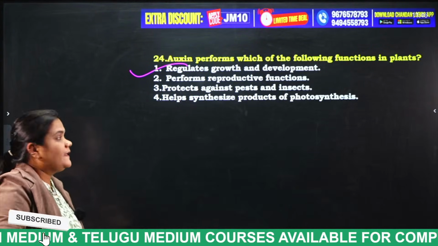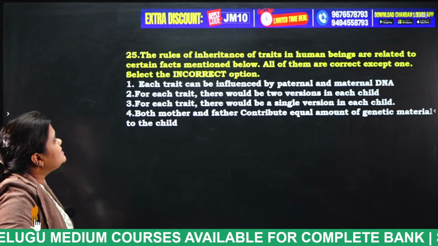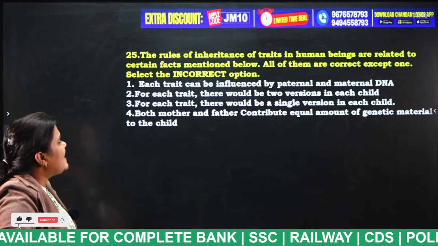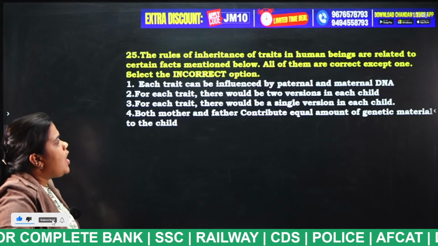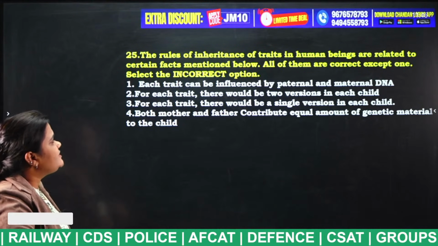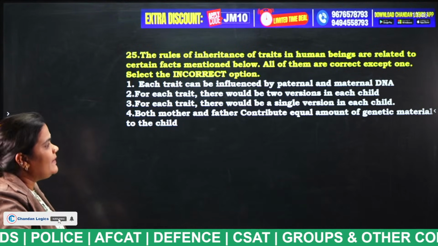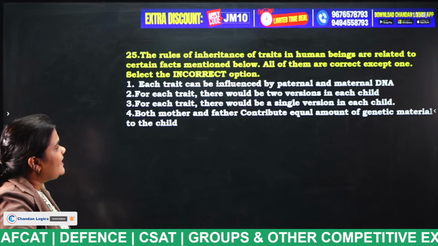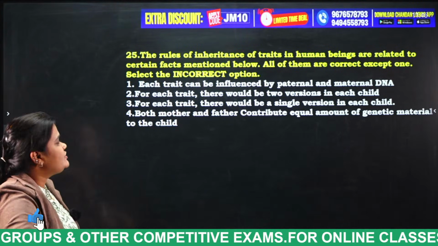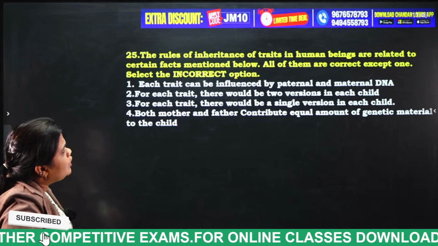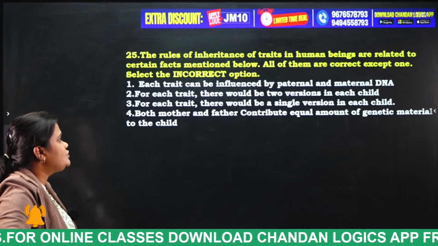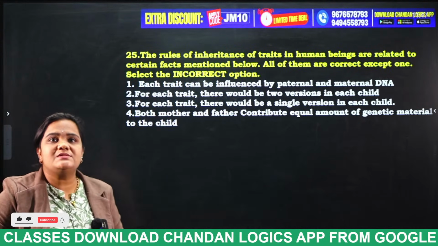Okay, next. The rules of inheritance of traits in human beings are related to certain facts mentioned below. All of them are correct except one. Select the incorrect option. Each trait can be influenced by paternal and maternal DNA. For each trait, there will be 2 versions in each child. For each trait, there would be a single version in each child. Both mother and father contribute equal amounts of genetic material to the child. So, in the given options,